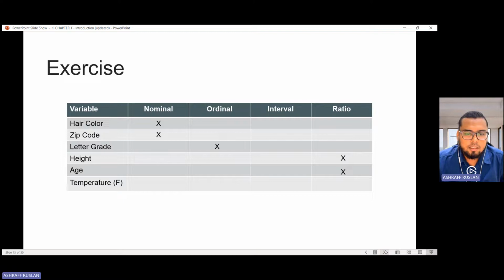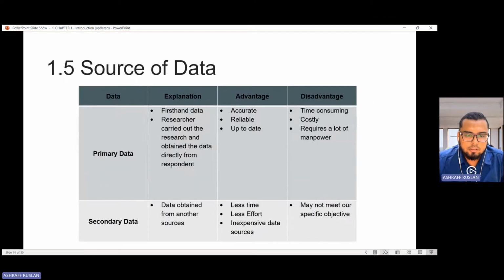Selesai part. Kita dah selesai part level of measurement. Dia memang senang. Kita akan tengok source of data. Ini lagi lah. Daripada dulu kini selamanya we do have two types of source of data. Pertama adalah primary. Kedua adalah secondary. So how does these two differ from one to another, is primary you get the data on the first hand.